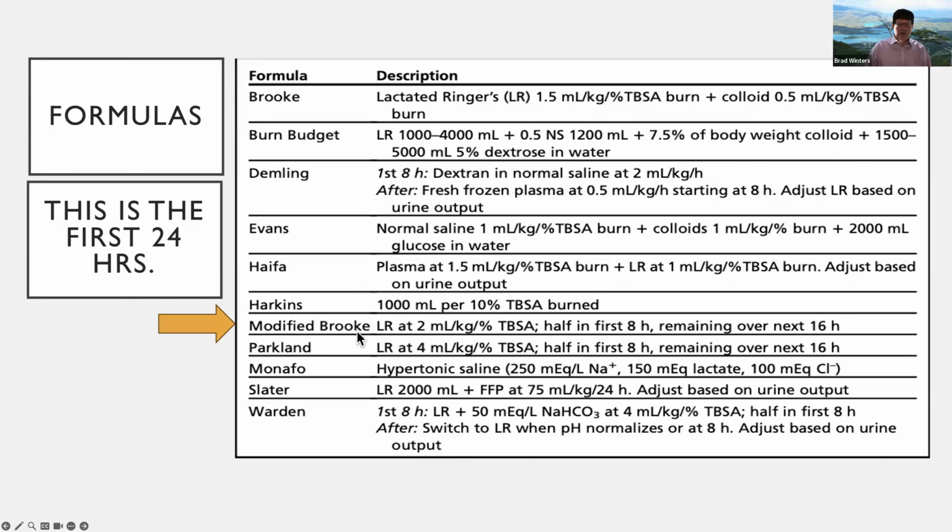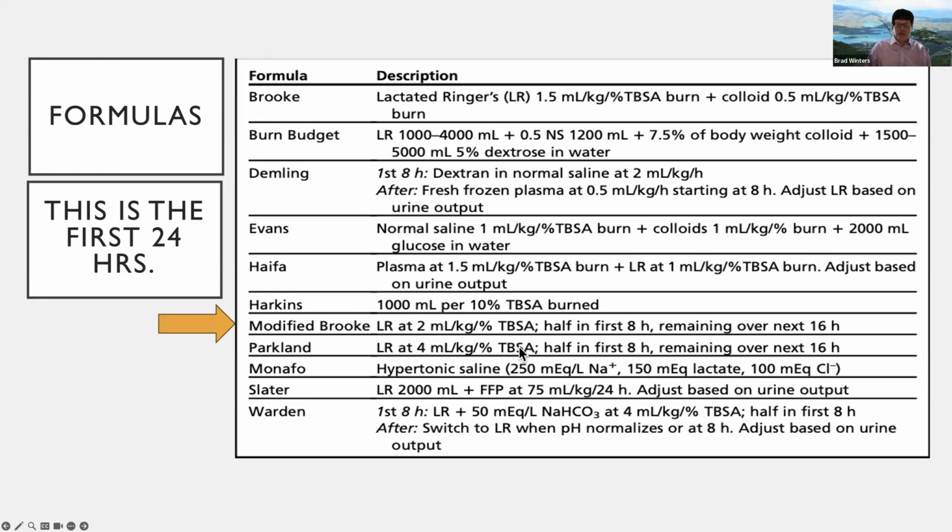As you can see, the modified Brooke and the Parkland formula, which are all based on total body surface area, have quite a big difference between the two. The Parkland formula uses 4 milliliters per kilogram per percent of total body surface area, whereas the modified Brooke uses almost half of that. We tend to target in between these at 3 mLs per kilogram per percent in our ICU,